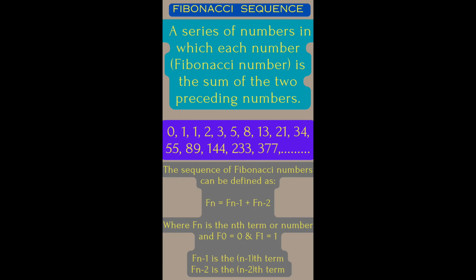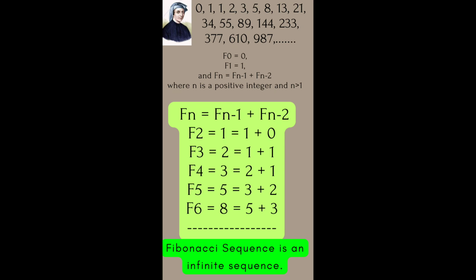What is the Fibonacci sequence? A series of numbers in which each number is the sum of the two preceding numbers. If we start with 0, 1, then the next number will be 0 plus 1, which is equal to 1. The next Fibonacci number will be 1 plus 1, which is equal to 2. After that, in the same way, the next Fibonacci number will be 1 plus 2, which is equal to 3. So the sequence of Fibonacci numbers can be defined as f of n equals f of n minus 1 plus f of n minus 2,